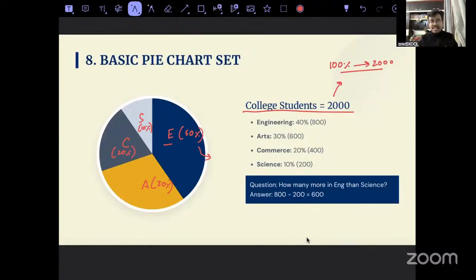My main agenda for right now was this only, that you have to understand how to interpret the graphs, how to understand what kind of data is present in it, what kind of values we can come to know about from that. So let me make the table for this.